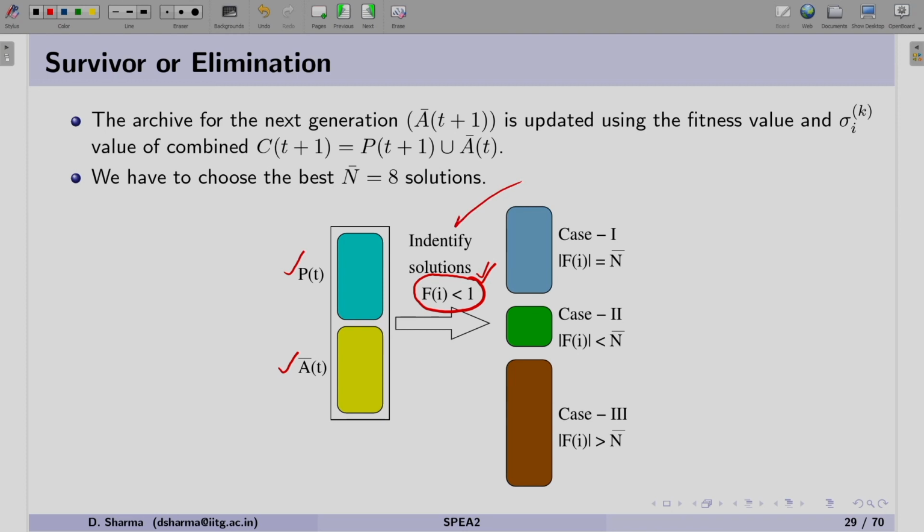Once we have identified the non-dominated solutions in the combined population, there will be three cases as we discussed. The first case is the number of non-dominated solutions is equal to the size of the archive. The second case is the number of non-dominated solutions is smaller than the size of the archive, and the third case is the number of non-dominated solutions is greater than the size of the archive.